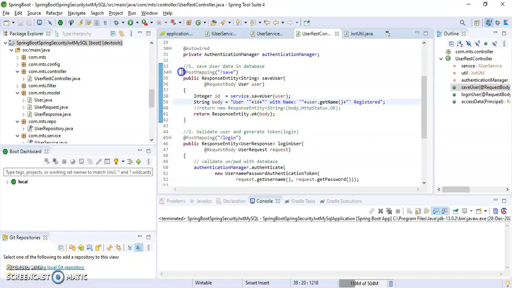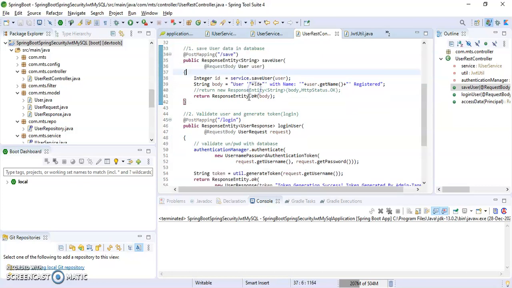In the controller class, create a public saveUser method and pass ResponseEntity as the return type, and then make it with request body, the user model entity class, which is our entity class, and create a parameter as user and save as integer id, service dot save user.